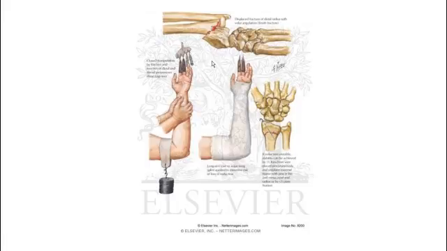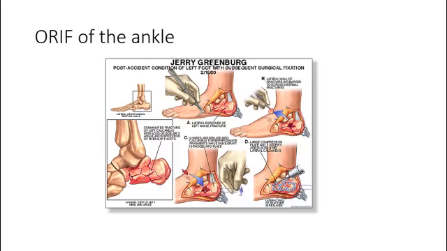But as I said, if this doesn't work, then they may have to do a surgical procedure to realign things. So closed reduction means they don't cut open the skin; it stays closed. Open reduction means they have to open the person up surgically, and then once they open them up and line everything up, they put in internal fixation. So O-R-I-F, we don't say ORIF, we say O-R-I-F, is open reduction and then